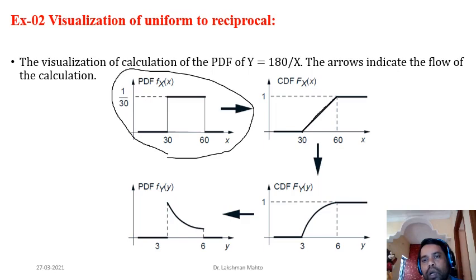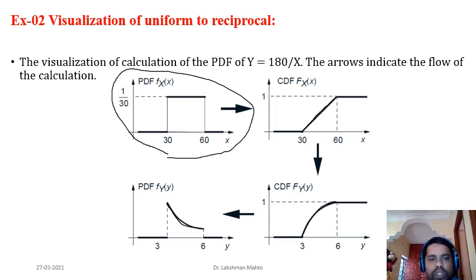And just using this CDF of x, you can get the CDF of y. It is parabolic in nature, from the definition I had already described. Once you get the CDF of y, differentiate, and you will get the PDF of y. You can see that it is an inverse function like this. So this one is the PDF of y. So there are three approaches: step one, step two, and in the third step you get it through the CDF approach.